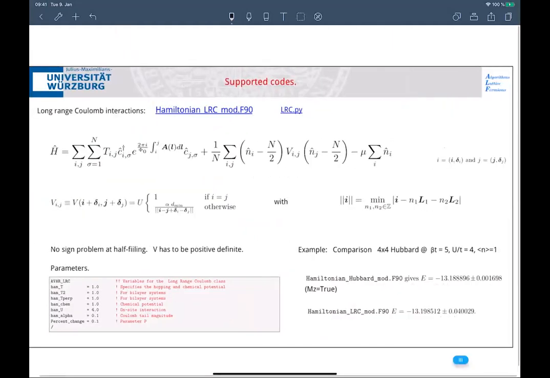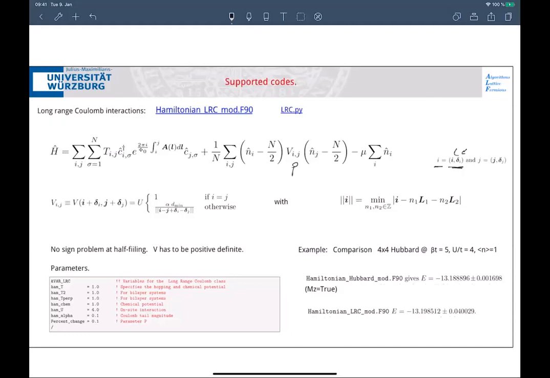Good. So let me go on. Long-range Coulomb interactions. We use this code to do all our work on graphene with long range, where you would need a long-range Coulomb interaction. So I simplified the notation here now. I is basically a unit cell and an orbital. This is implemented like this generically, again, for an SUN problem.